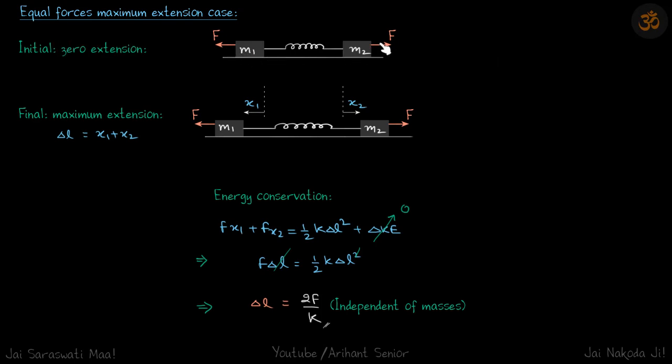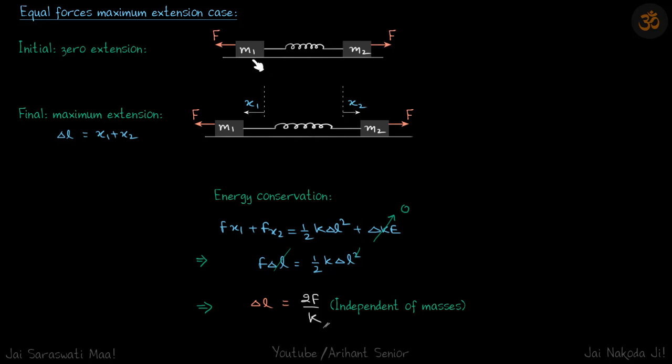So this is the proof when we have two forces that are equal in magnitude and opposite in direction acting on two particles M1 and M2. So initially the extension is 0 and eventually both the particles will stop after some time at the same time. Why? Because center of mass is at rest. The net force on the system is 0, so center of mass is not moving. So if one particle stops, the other particle must stop for center of mass to be at rest.